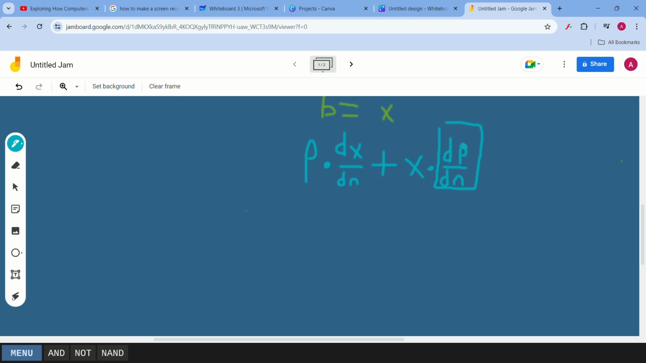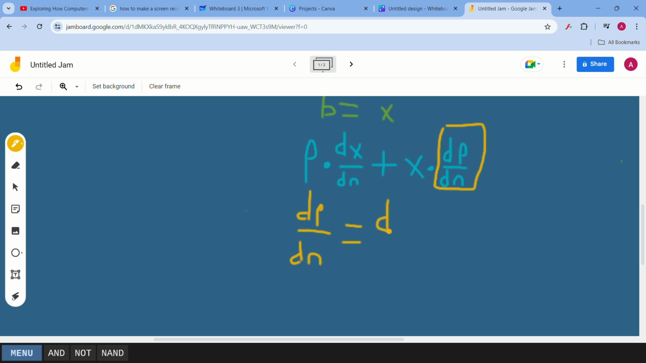I mean, not the product rule. Let's see how we can get this. How do we get dp over dn? It's quite simple, actually. dp over dn is equal to